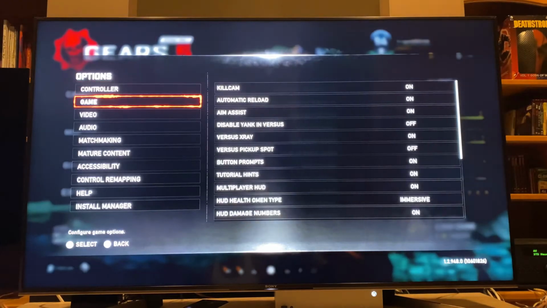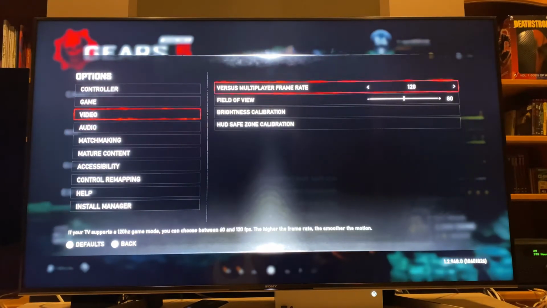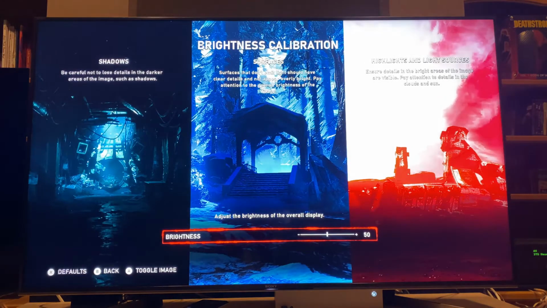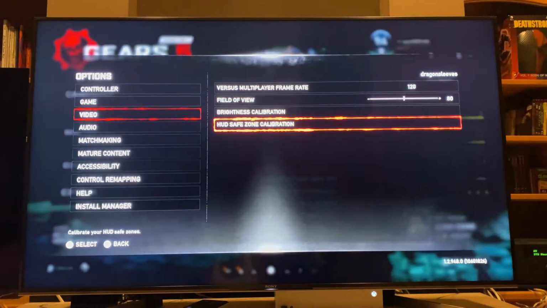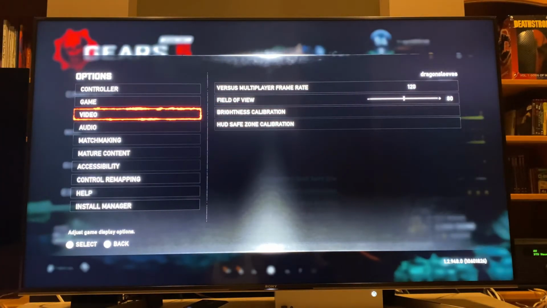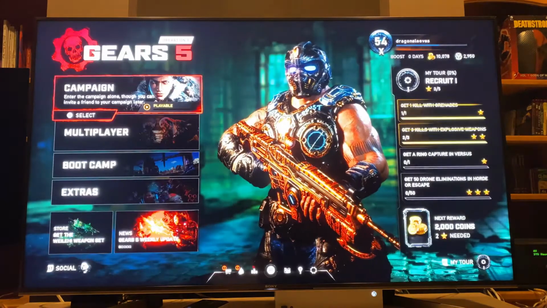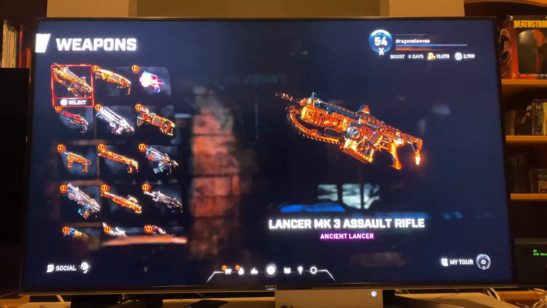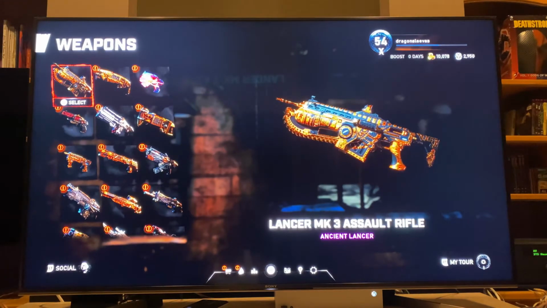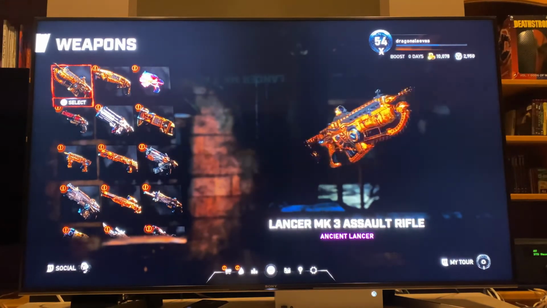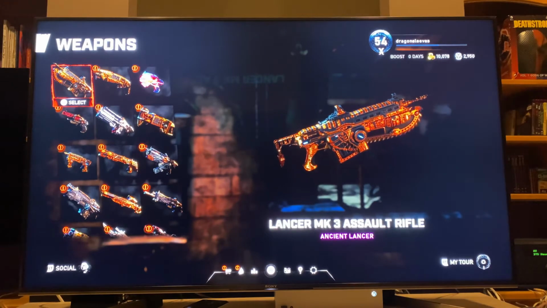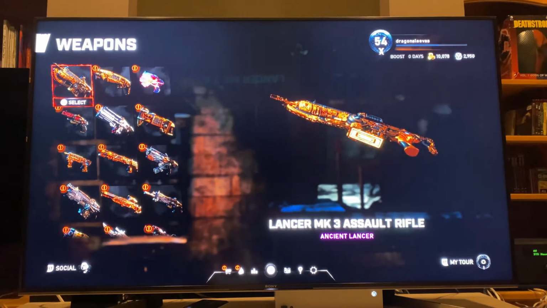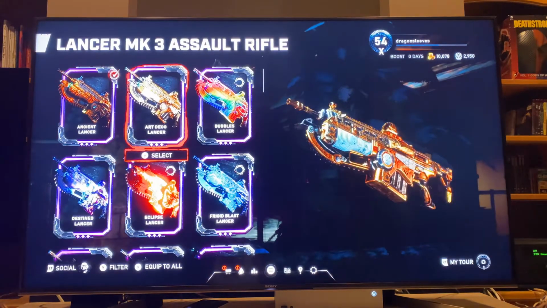Obviously, if you have a higher tier, it's going to be better. But you don't have to sacrifice the look of the graphics just to get that refresh rate when you want to run 120 Hz. I know it sucks sometimes when you have to sacrifice your resolution just to get the game running at that